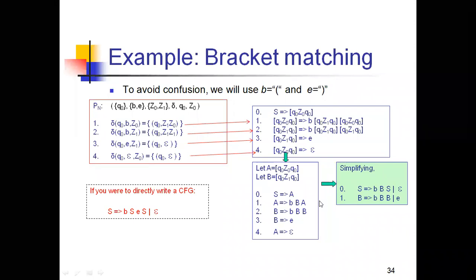Is it clear? Please make a note of this example. I am giving 5 minutes of time. This is a very important concept: conversion from PDA to context free grammar. I explained it with a simple example, because if you understand this simple example well, then when the production rules are very complex, it is very easy for you to create the grammar like this. Make a note of this.